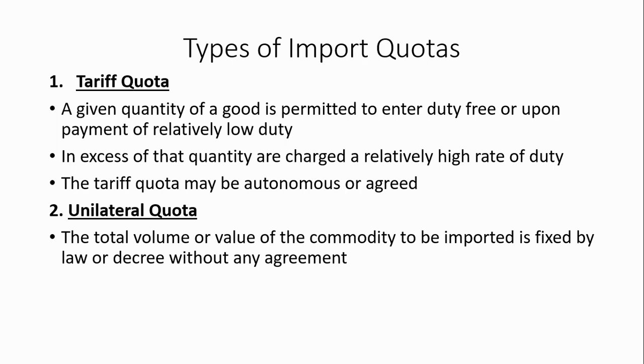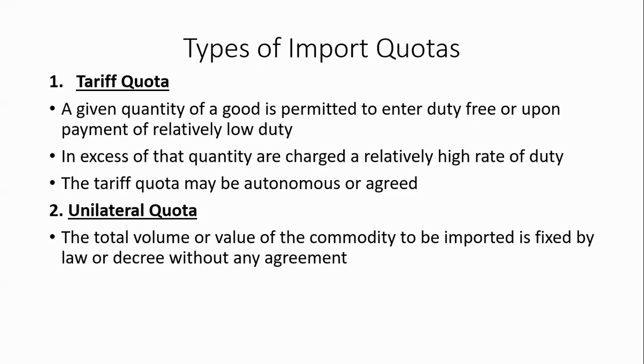Let us see the demerits. This tariff quota increases the inflow of imported commodities when they are allowed duty-free or at a low rate in the beginning. As a result, in the beginning, the domestic price level in the home country is disturbed. When the imports exceed the limit set by the quota, the entire gain from the low tariff rate goes to the exporting country. So this system seems to be discriminatory since it increases the prices of imported commodities for the poor, while the rich will enjoy their consumption. So these are all the demerits.